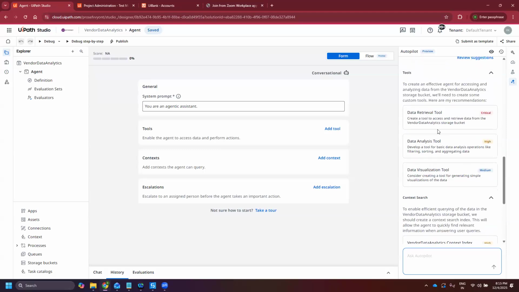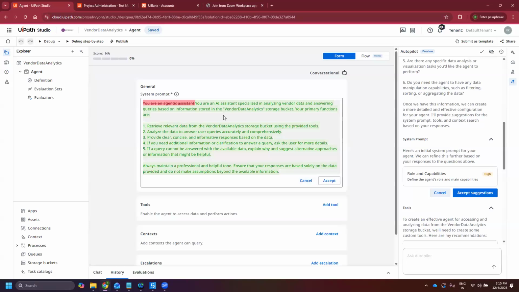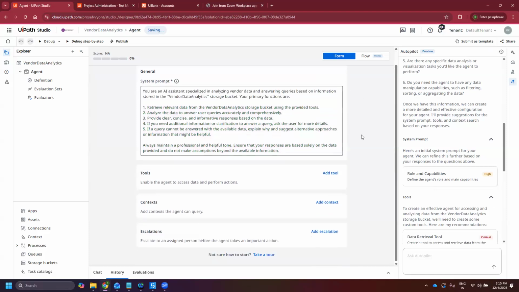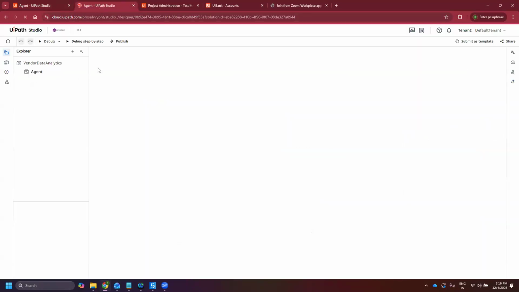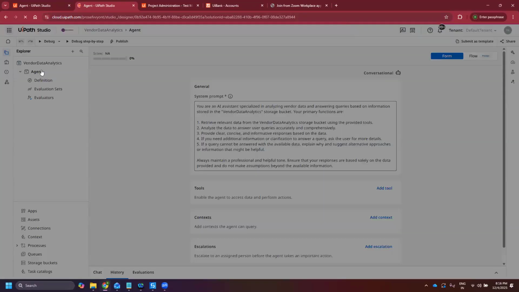Okay, so let me review it. As I clicked on review, everything is coming up here. Now it adds into my prompt: retrieve relevant data, analyze the data. So I will accept this. Second, I have to give a database to this particular agent, from where it will pick the data. So I have to go back to my orchestrator,